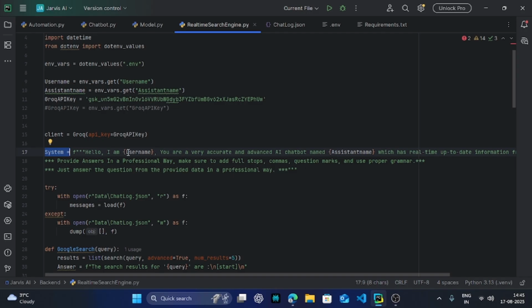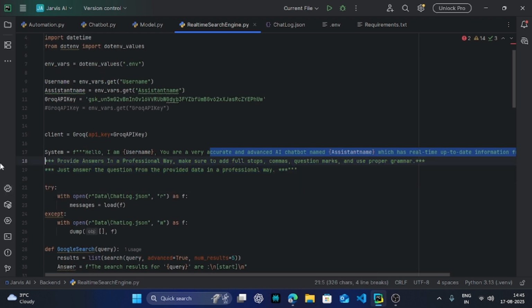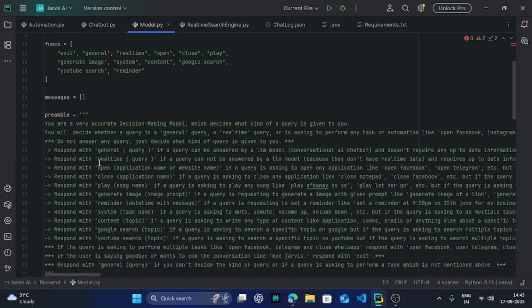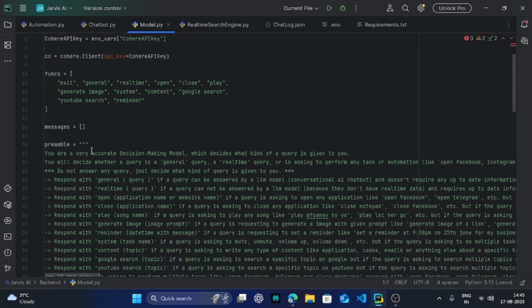Hello, I am Manpreet. You are a very accurate advanced AI chatbot named Jarvis, which has real-time up-to-date information from the internet.